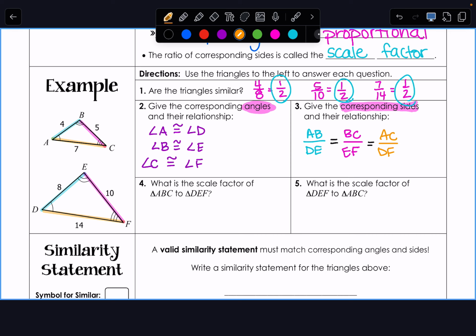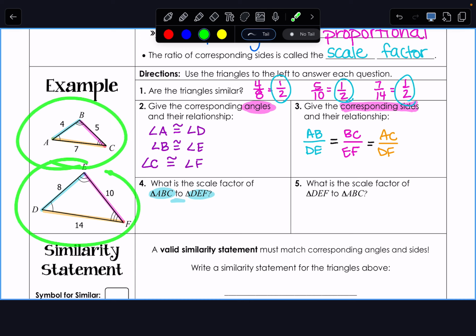This triangle is half of the other one, or we can look at this one as double the other one. So when I ask you for this scale factor, if I ask you from ABC to DEF, is that 2 or is that 1/2? What do you think? Why do you think it's that? Because it's half of